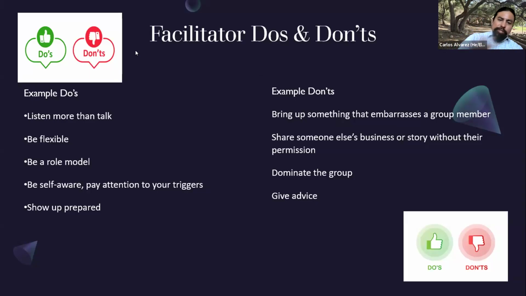Now, the don'ts also seem pretty self-explanatory. It really comes down to confidentiality. That's a huge one, which is why we ask everyone to raise their hands. And also the idea of doing no harm. We're seeking not to do any harm. That's important too, because sometimes we try to help, but we end up hurting if we don't know the situation or the person, or if we allow one person, for example, to dominate the conversation or the group or the energy, and the rest of the members feel left out.